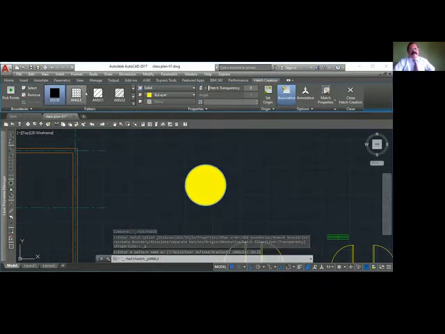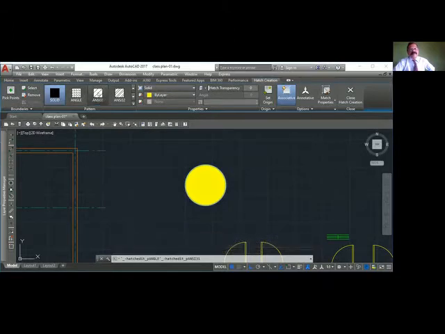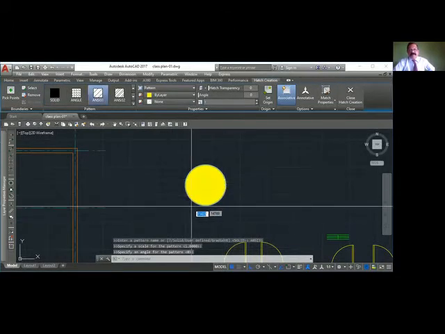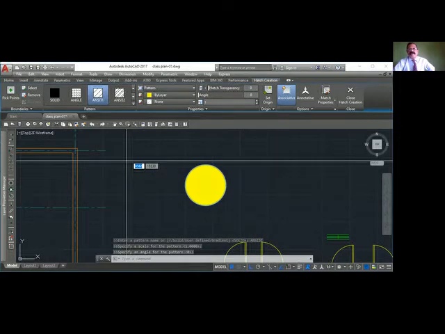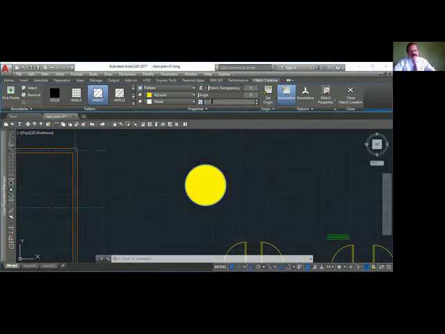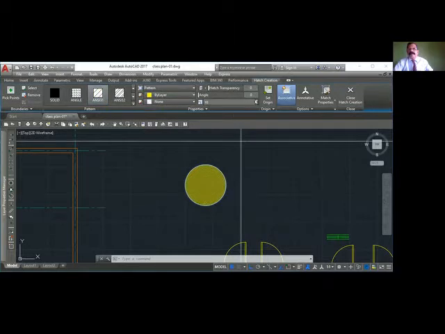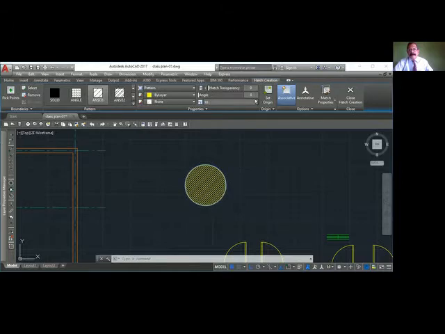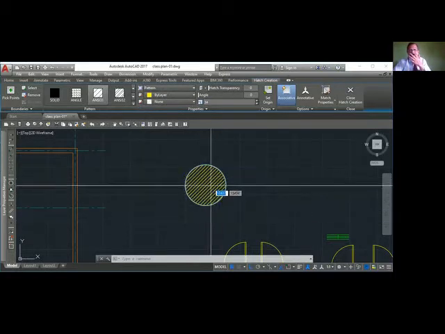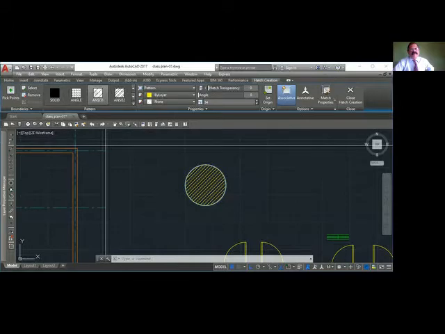fill. Suppose I select this pattern. You don't find much difference because the scale is different. So I will change it to a different scale here. I'll give 10. You can see that as you change the scale, the pattern scale is changed. So I have given this pattern.